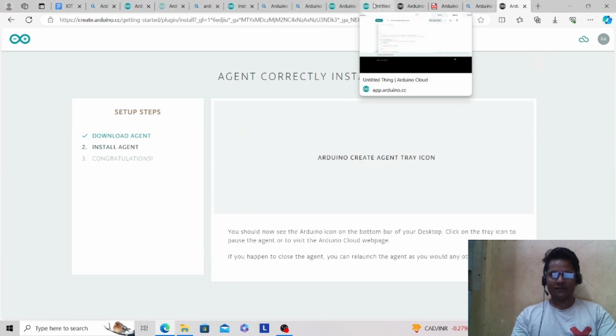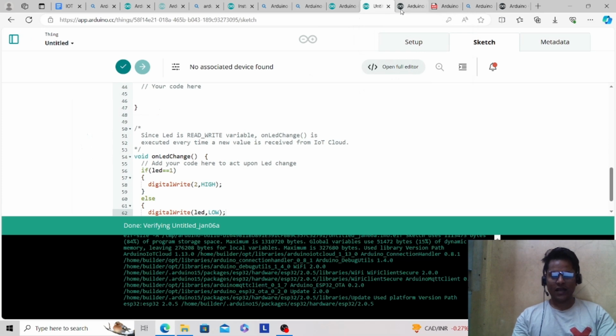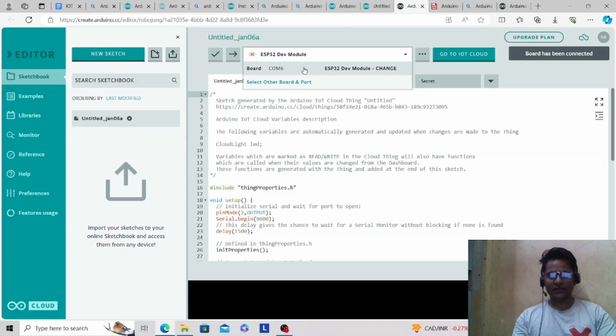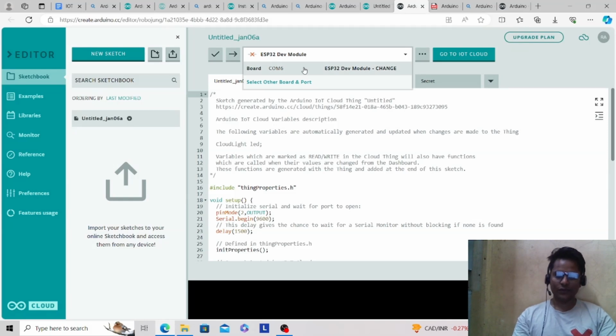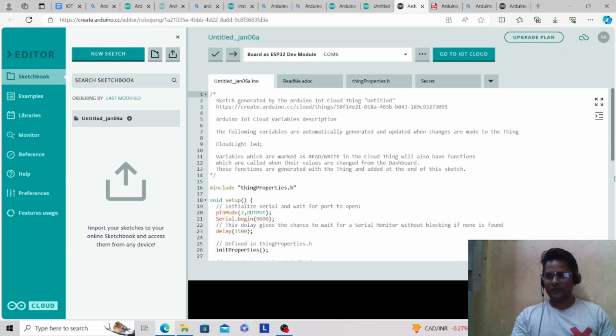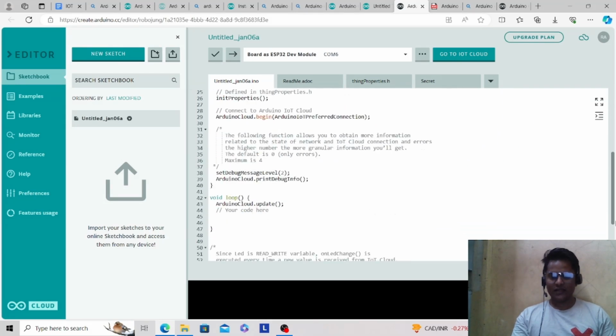Now let's come back to this IDE. Here I have to select the ESP32. You have to select the port. Port is COM6. Okay, I have selected the port. Now the option is given to upload. The uploading option is given here, and then